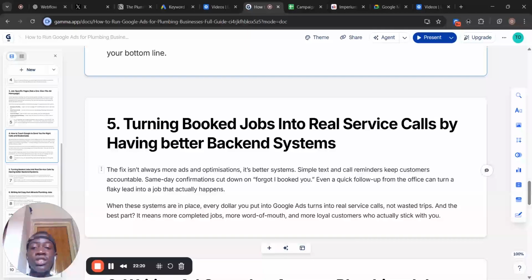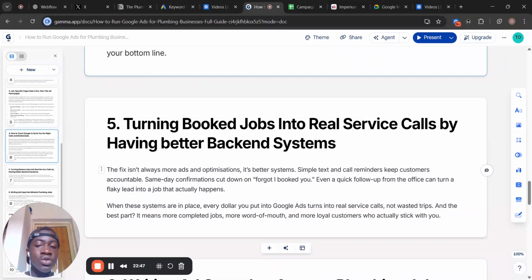Next one here is actually turning booked jobs into serviced calls by having better backend systems. It's not always about the front end, and you see on YouTube so many people trying to explain this to you, but they don't actually talk about your backend. You might get calls, yeah, but if these people call you and you are not available, and when you get back on you don't ring them within, let's say, 1 hour,